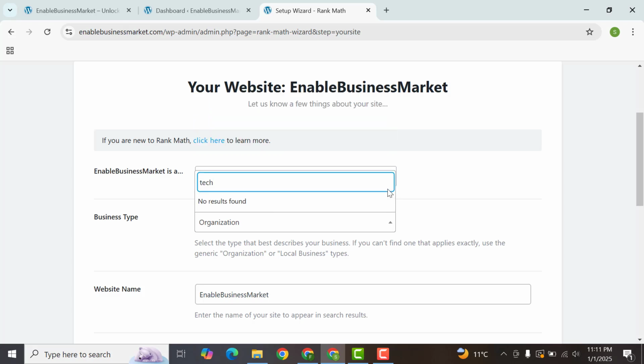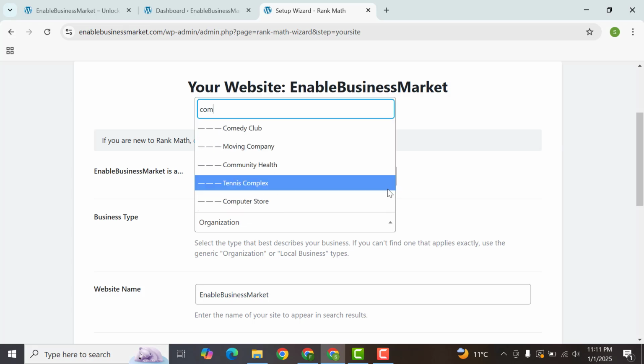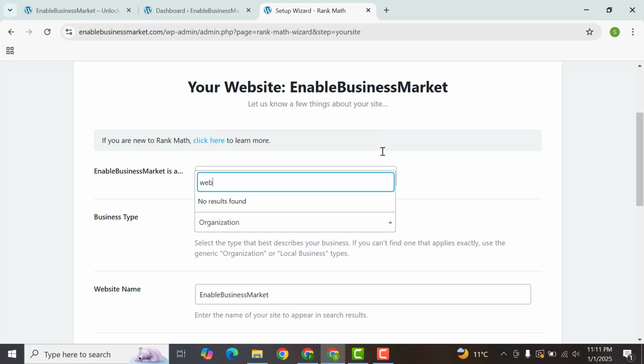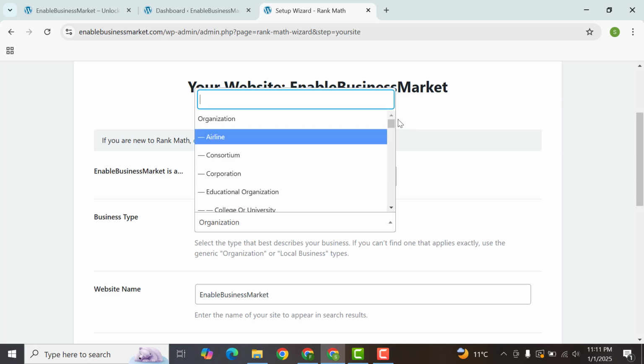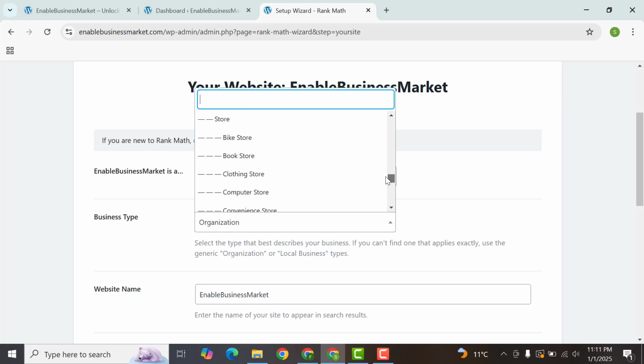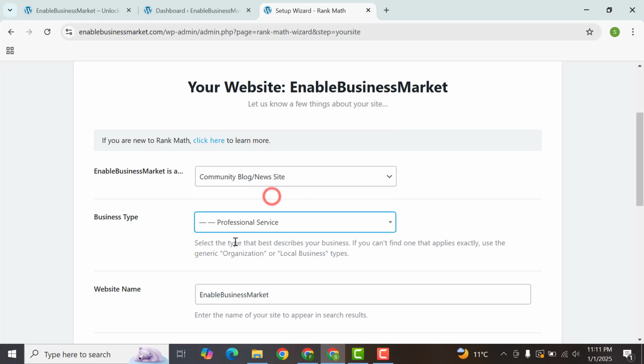So I can type a keyword, this one, professional service,